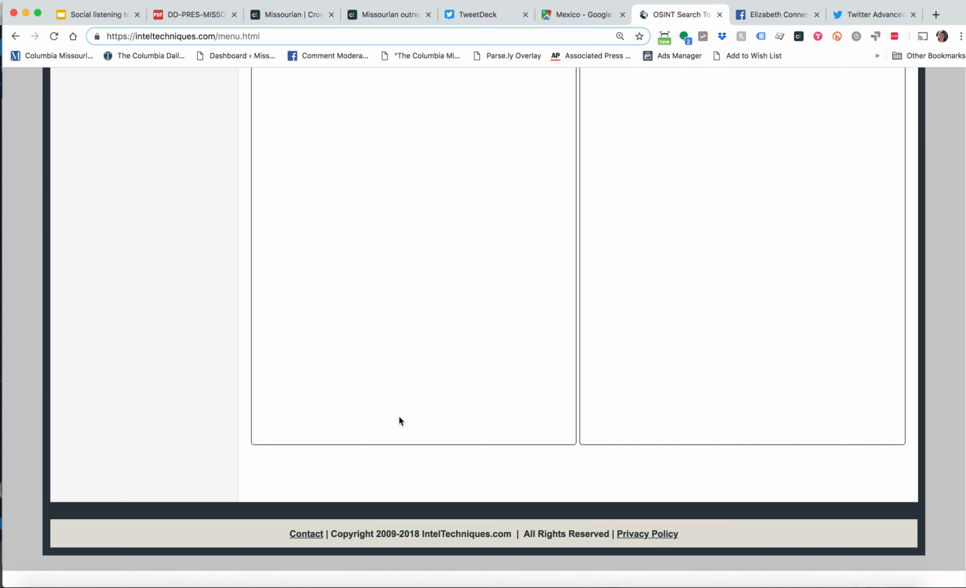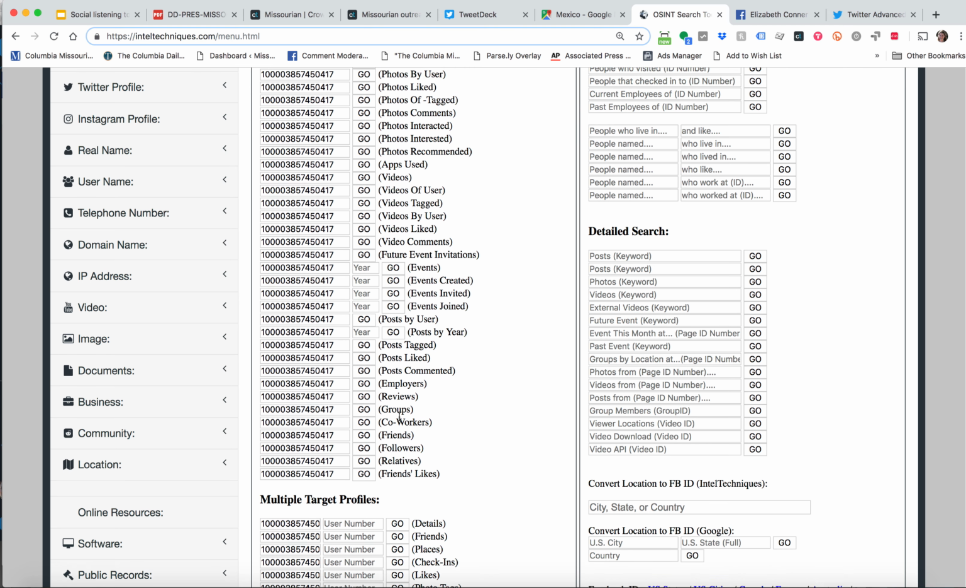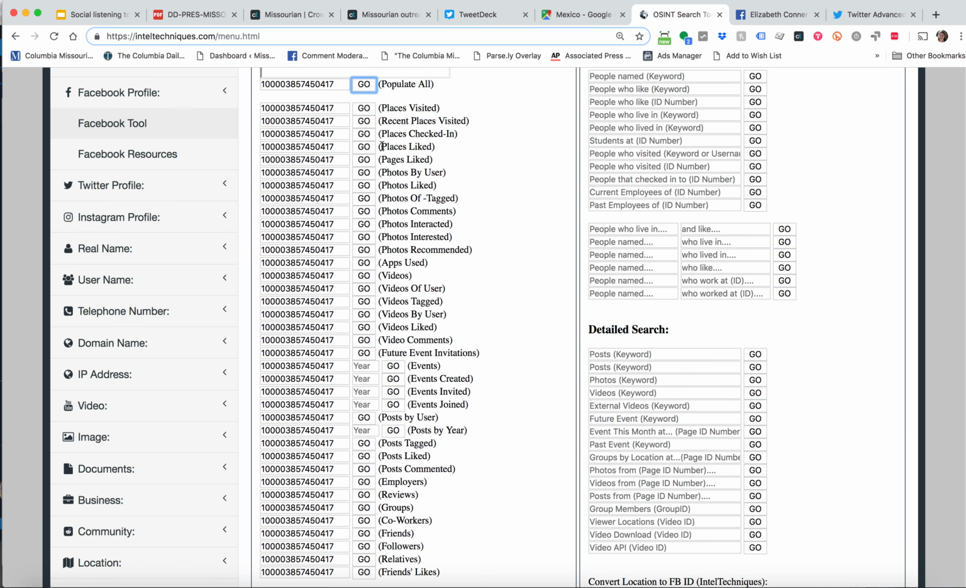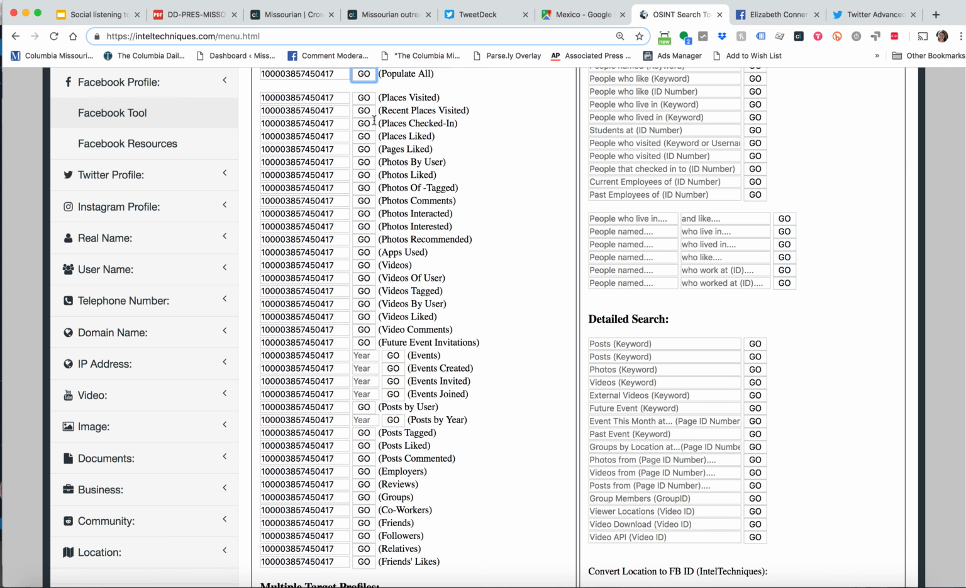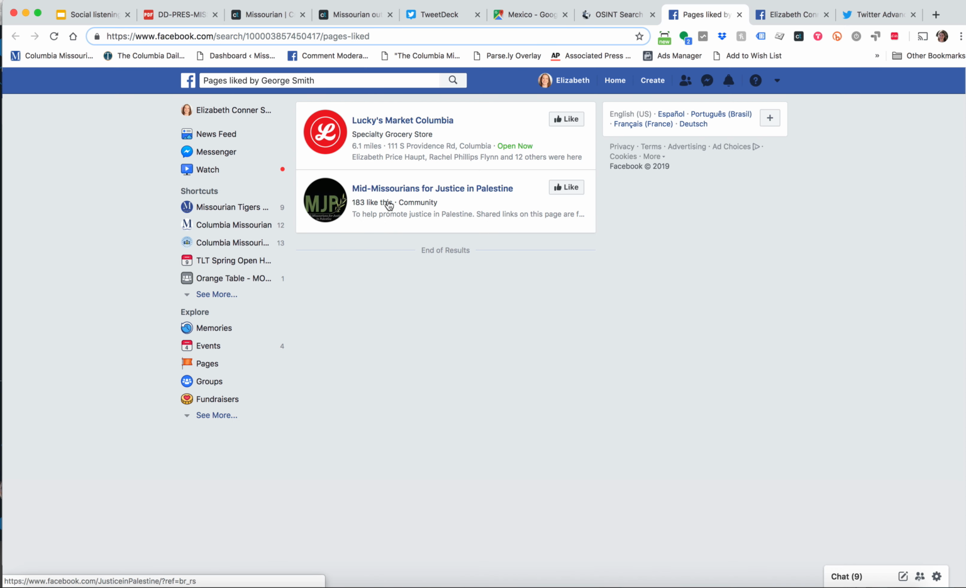It has changed the way that you can run the search. But then I can see the pages liked. If I go here, Lucky's Market, and then this actually led me down a road when I was searching for this, that he is involved in a pro-Palestine movement in Columbia. There was actually a conversation that followed this about how do we include this, where is it relevant. This led me on a deeper search of him, and I actually found